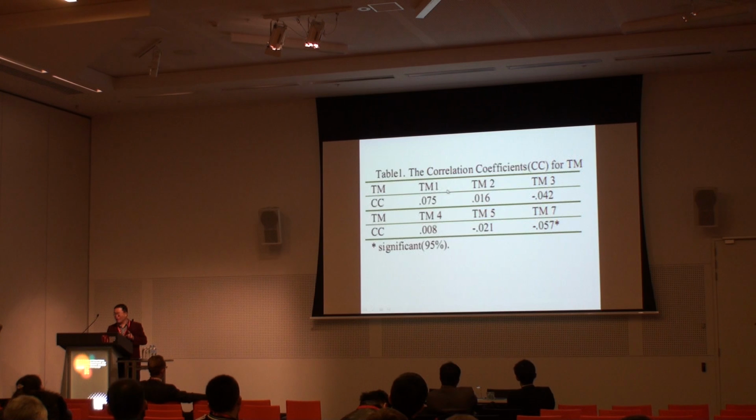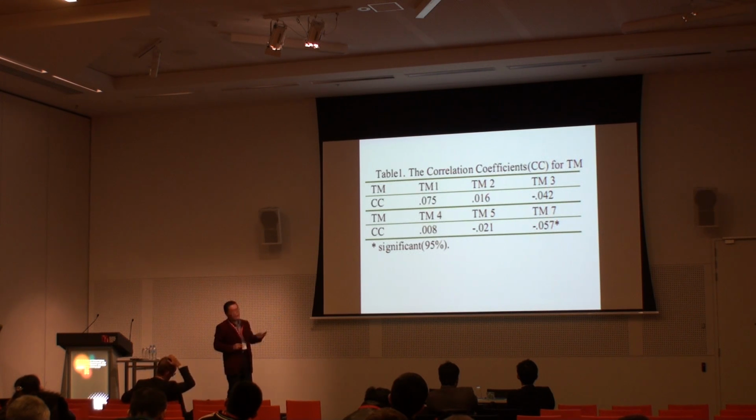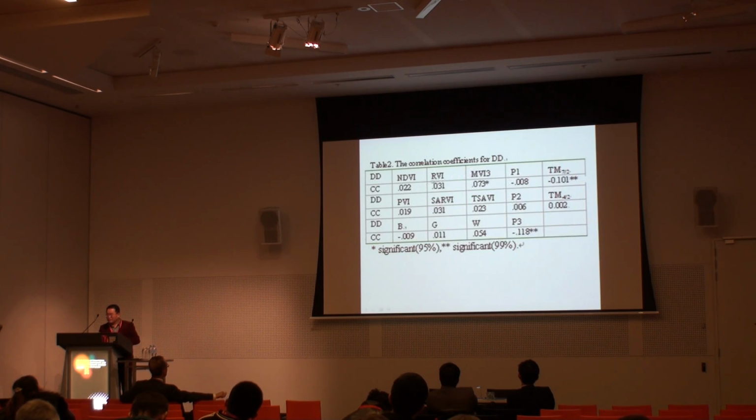From band 1 to band 7, we only find band 7 is sensitive to forest canopy density. You can see here. But the sensitivity is a lot higher for the derivative